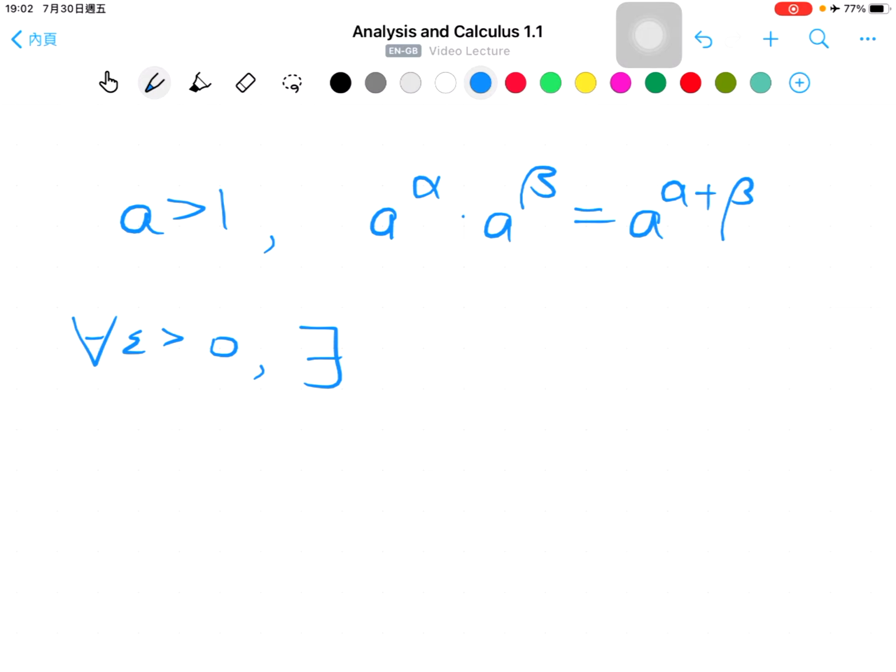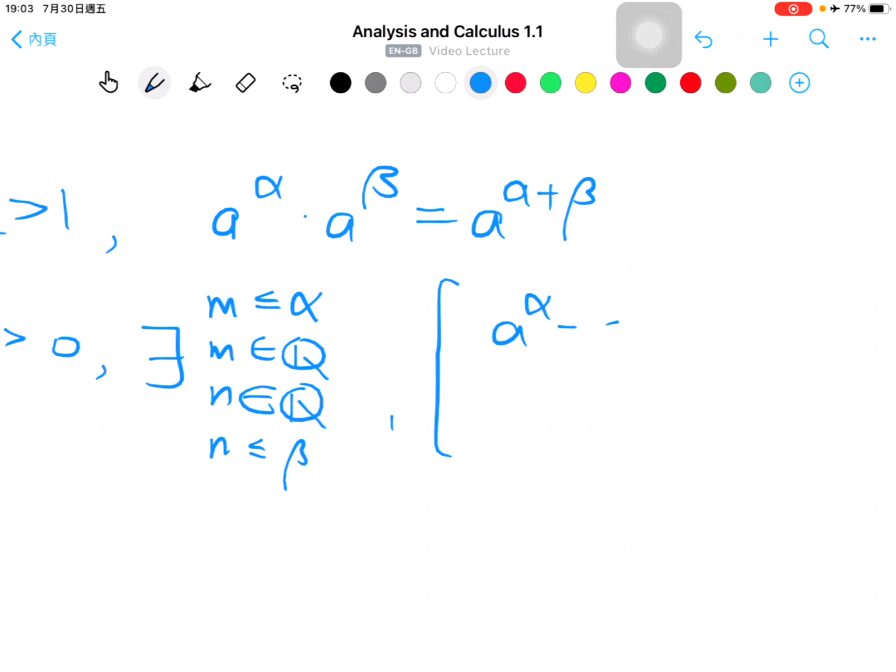Let's use m and n. It's gonna be m smaller than or equal to alpha, rational number, as well as n smaller than or equal to beta, rational number as well, such that